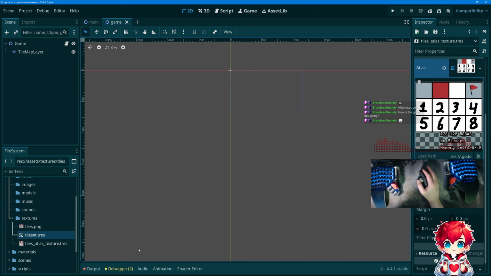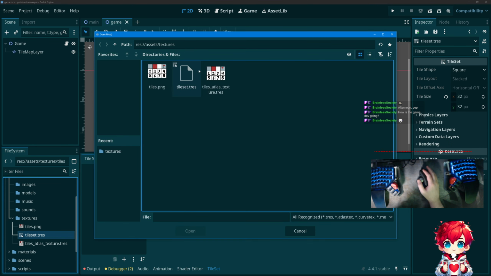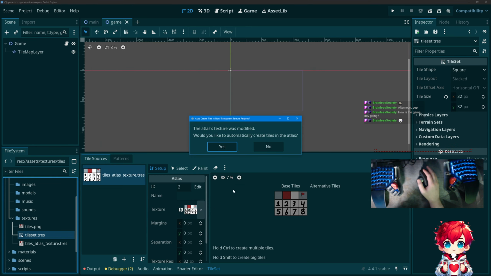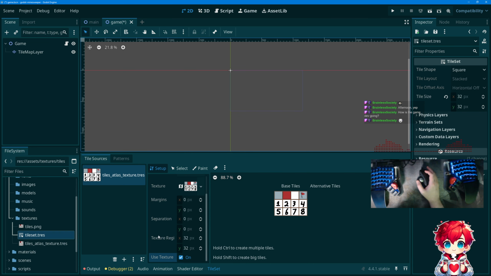All right, let's try that again. We'll recreate that. So we'll update. We'll open the texture. Yeah, create tiles. Yeah, 32 by 32. Sure. Okay, so